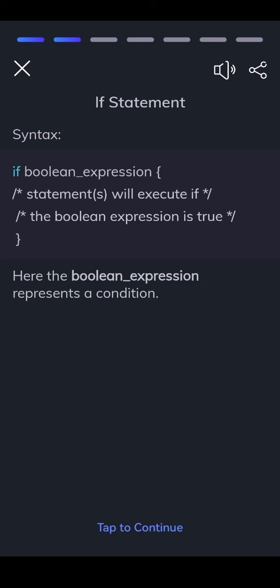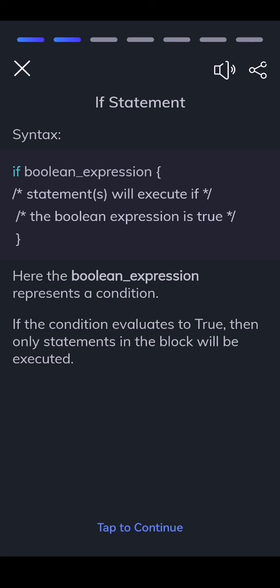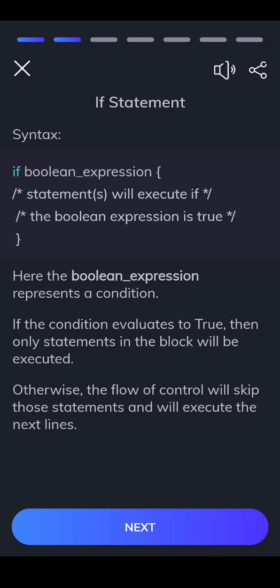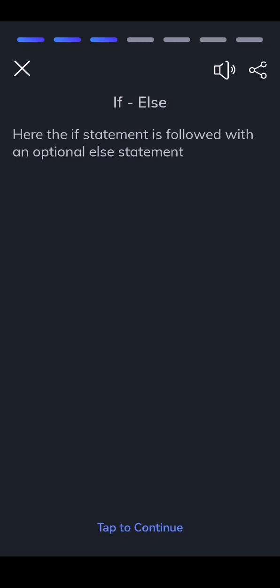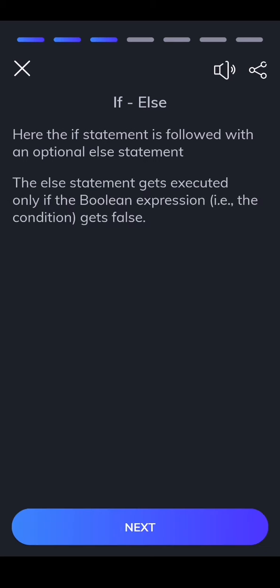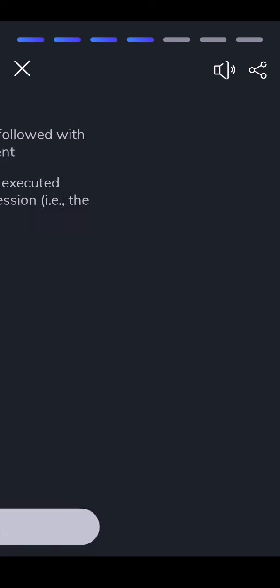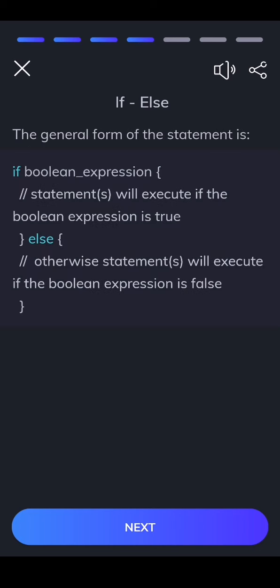Here the Boolean expression represents a condition. If the condition evaluates to true, then only statements in the block will be executed. Otherwise, the flow of control will skip those statements and will execute the next lines. Here the if statement is followed by an optional else statement. The else statement gets executed only if the Boolean expression, i.e., the condition, is false. The general form of the statement is